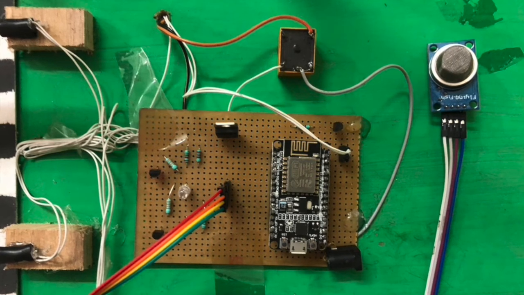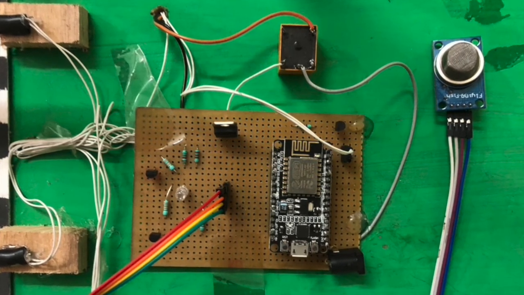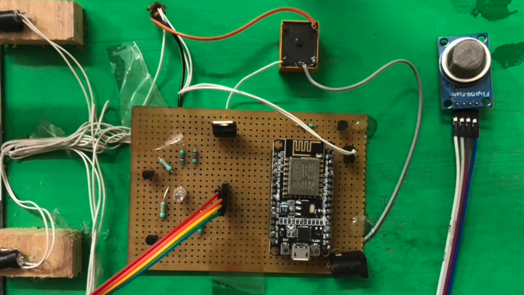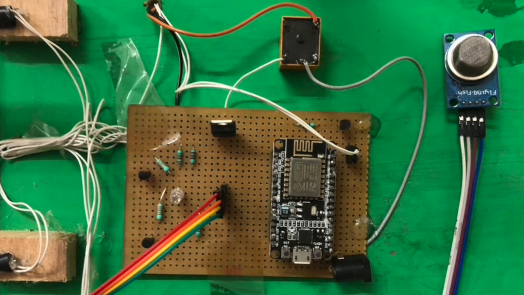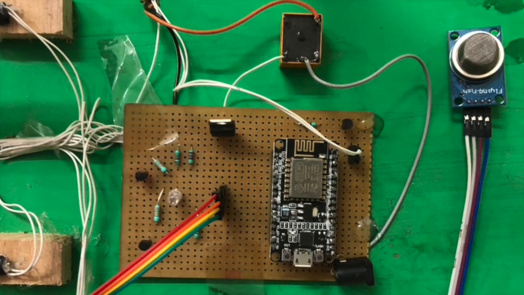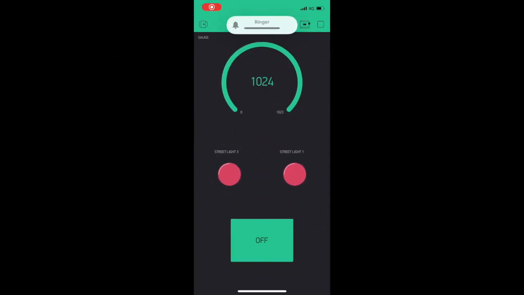MQ2 sensor is used to measure the air quality before and after the purification process. MQ2 data is visualized on the Blink application. As you can see, after switching on the air purifier, the amount of pollutants are reducing, as the gauge meter reading is shown. Again, after switching off the air purifier, it reaches back to its maximum position and readings. In this way, we can perform analysis for calculation of efficiency of air purifier using Blink app data.